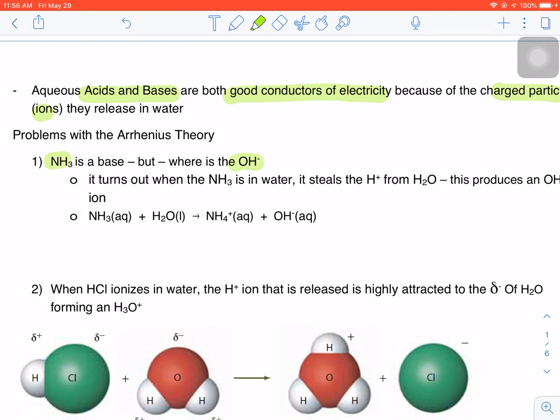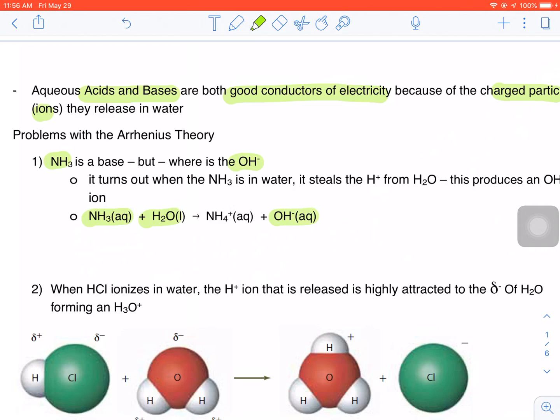So it turns out that a bit of a funny thing happens when I put ammonia in water. What's going to happen is the ammonia is going to see the water, and it's actually going to split the H off the OH here. It's going to steal a proton from water to make NH4+, and that will leave an OH- to come off as the hydroxide. So I'm still going to get my hydroxide being produced, even if it wasn't in the original compound. Now the other problem that we have